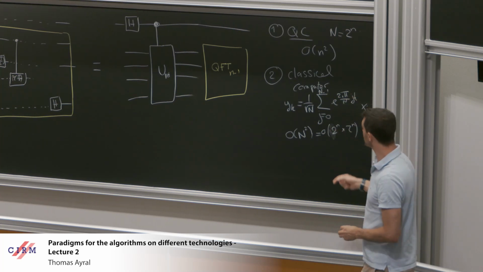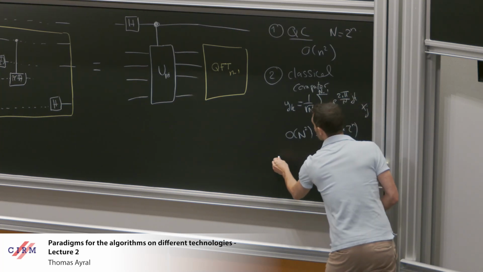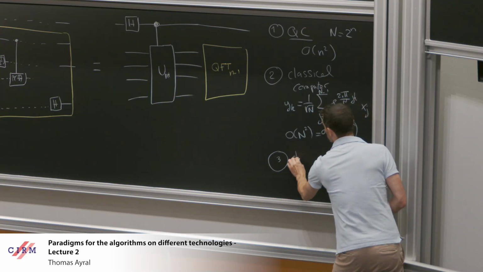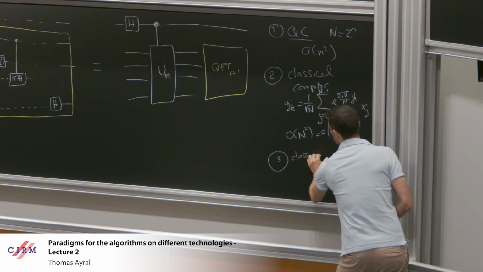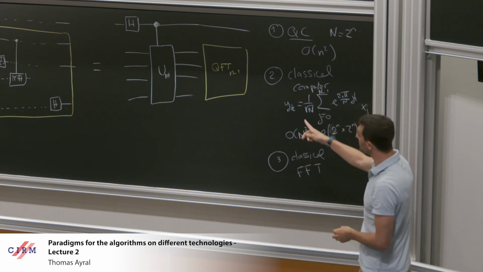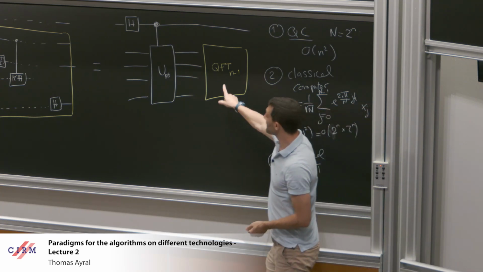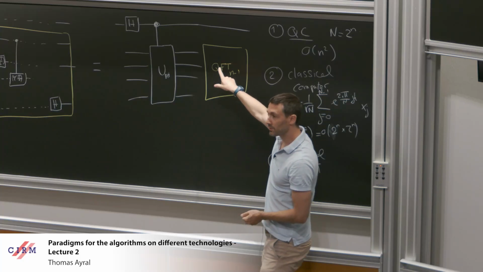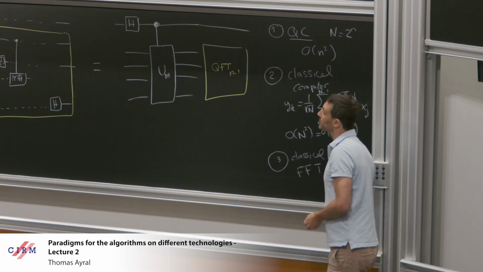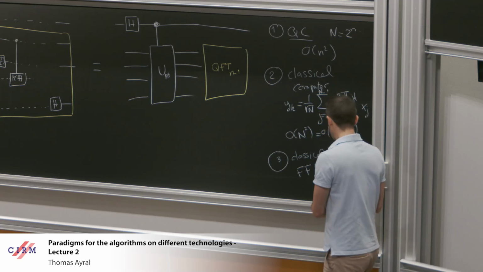But it turns out that people have come up in the past with a better way of doing this classically. So it's still a classical way of computing it. And it's called FFT, fast Fourier transform, and I want to convince you that with this circuit I can do the FFT on the classical computer and get the scaling that people know in fast Fourier transform. And so for this,